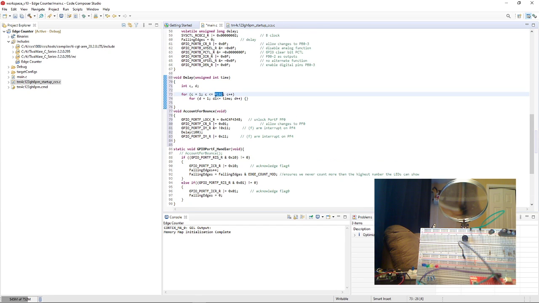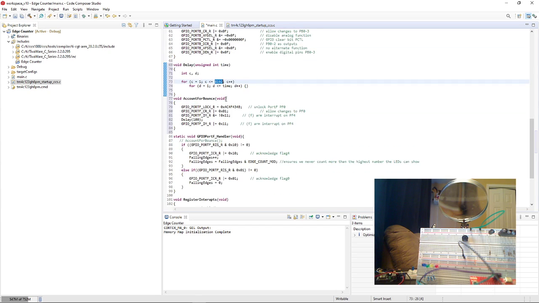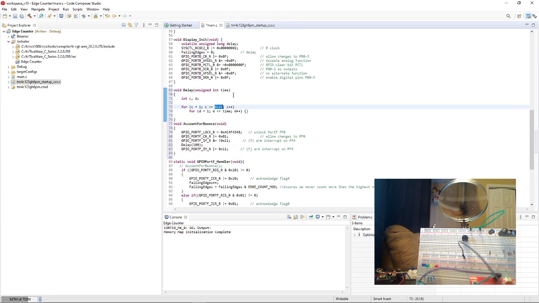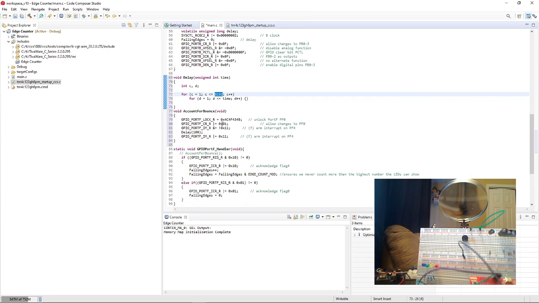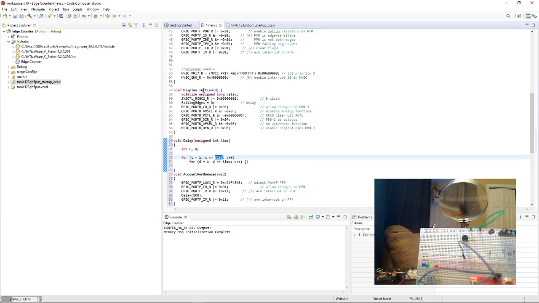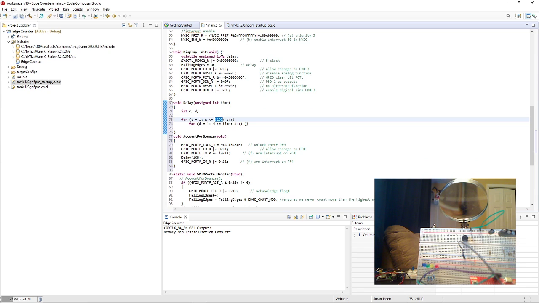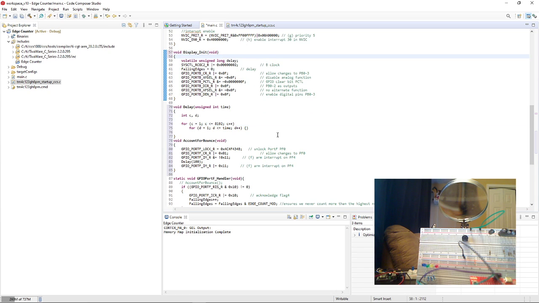I'm not sure, but essentially one of these takes one cycle to loop through, is what we essentially found out. So when you have this number here, that's that number of cycles, but it doesn't take that much time. But essentially it allows you to delay for however much time you want. It's just kind of magic that was calculated and told to me by somebody else, and I haven't really questioned the authenticity of that. So you see we're delaying for 100, so it should take about 100 milliseconds